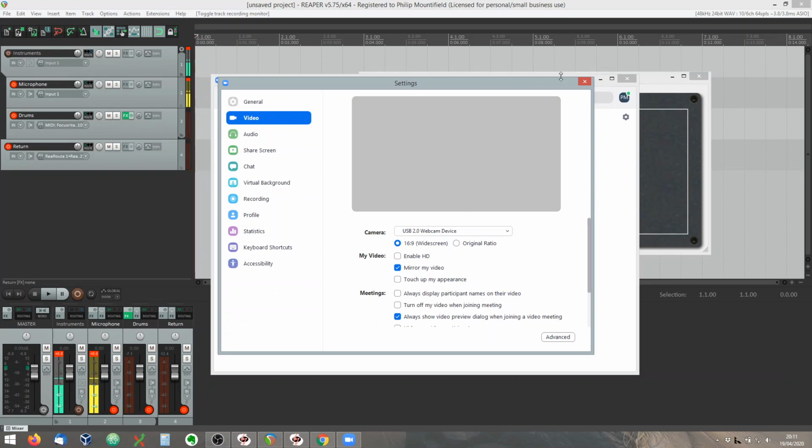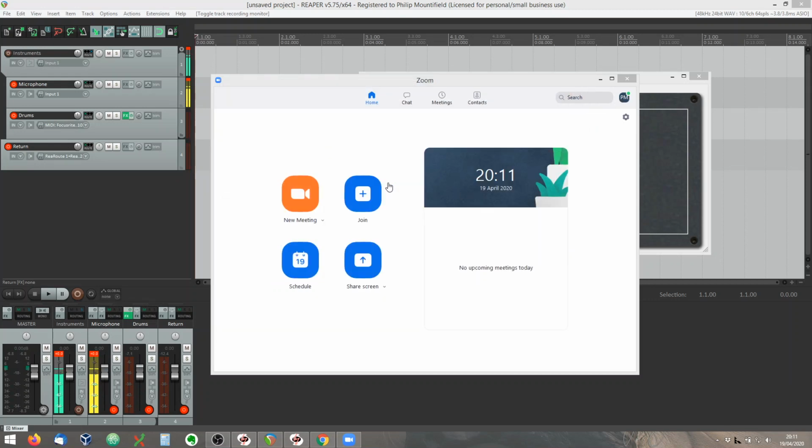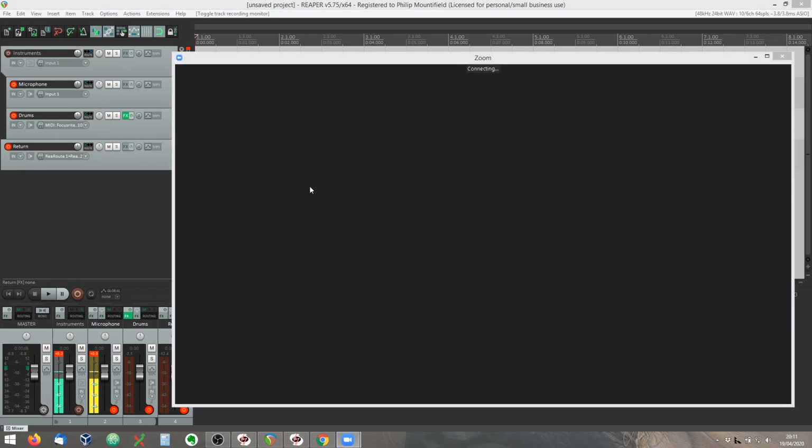That's an important fact actually. So when you're on Zoom, you need to make sure all the participants are muted because you're using Jamulus for audio. You don't want multiple audio paths. You'll just end up with odd sounding things coming out of internal laptop speakers and other things like that in default configurations. So if you jump on Zoom and go new meeting,